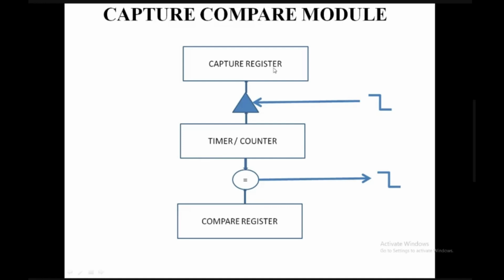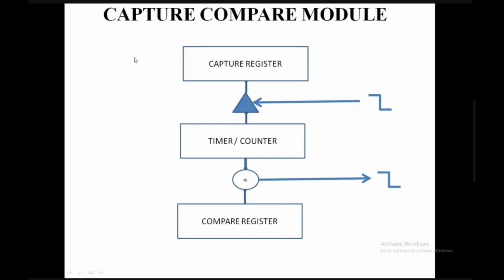This you need to understand. During transition from 1 to 0, at that particular time, this tri-state buffer will be enabled. At that time, whatever the counter timer value is, that will be captured in the capture register. Say for example, during the rising edge, the capture register captures the corresponding timer value. Then during the falling edge, another capture register captures the timer counter value.